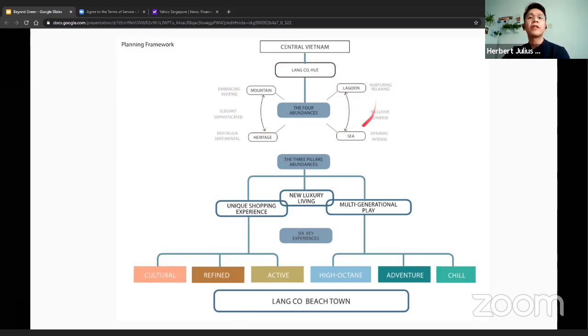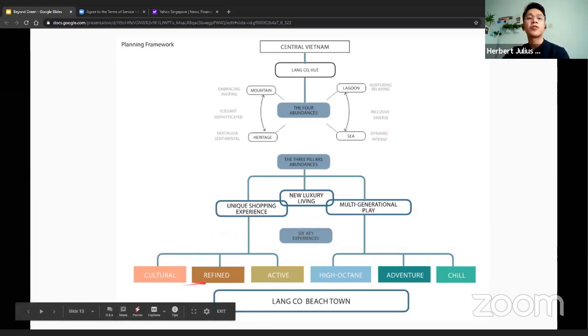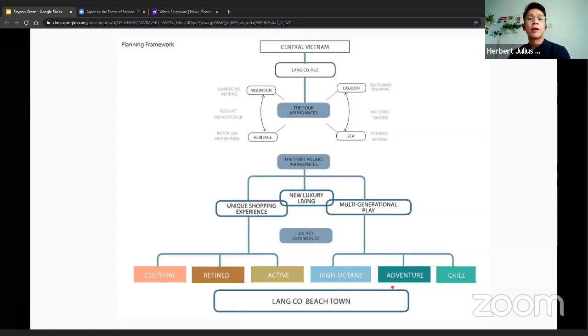So I consider it as the four abundances, and from there, I want to create this experience or vision of having a unique shopping experience, new luxury living, and multi generational play. And in that vision, I'd like to highlight three key experiences of cultural: the refined, the active, the high octane, the adventure, and the chill, and to create this Lang Co beach town.